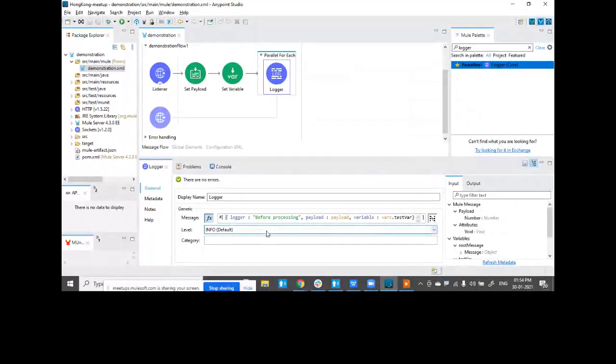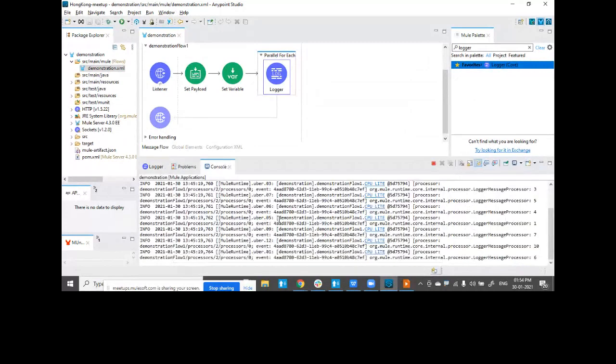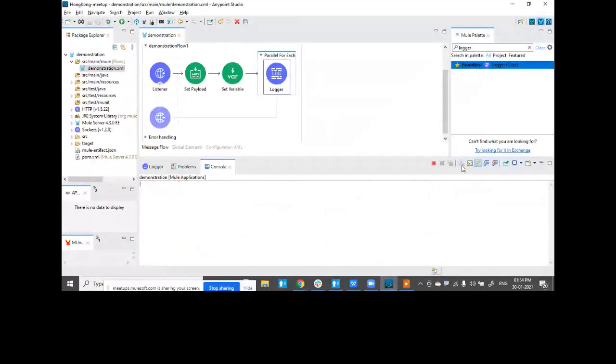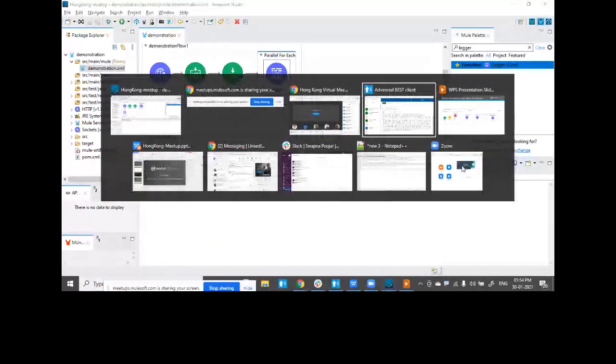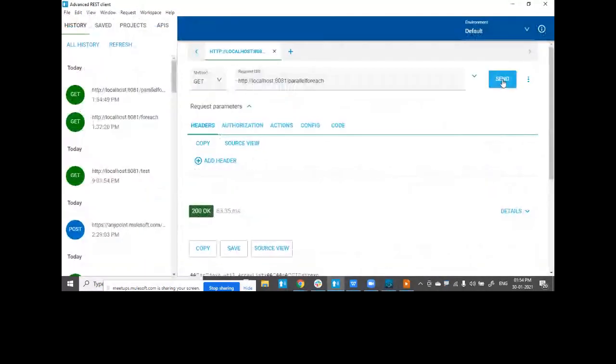Key characteristic: logger before processing, payload, and the variable. Three characteristics we will be checking within the parallel for each scope. Let me save and wait for the redeployment. Once it's complete, in the Advanced REST client, I'll simply trigger the flow, and in my console, you will see that I'm getting the payload as 135, the variable value to be 0, whatever we have initialized it to be.